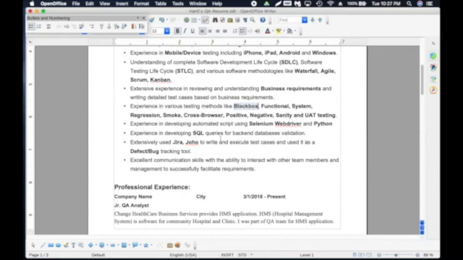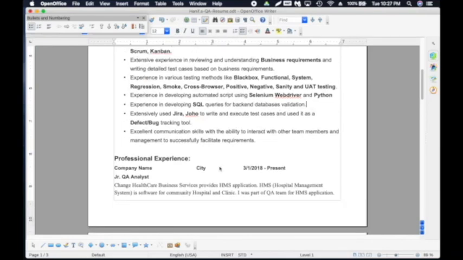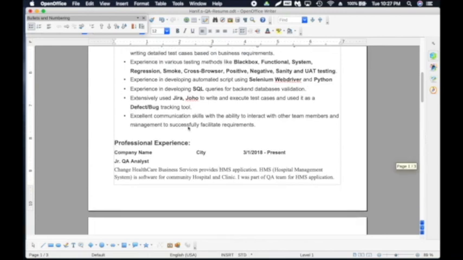Experience in developing automated scripts using Selenium WebDriver and Python. Experience in developing SQL queries for backend database validation. If you have used a specific database, you can also name it here. Extensively used Jira, Zoho to write and execute test cases and used it as a defect bug tracking tool. Excellent communication skills with the ability to interact with other team members and management to successfully facilitate